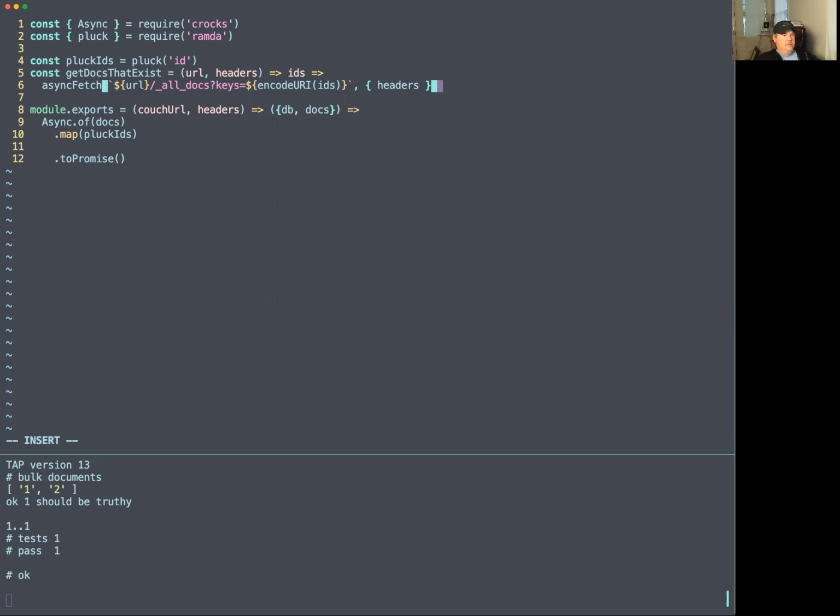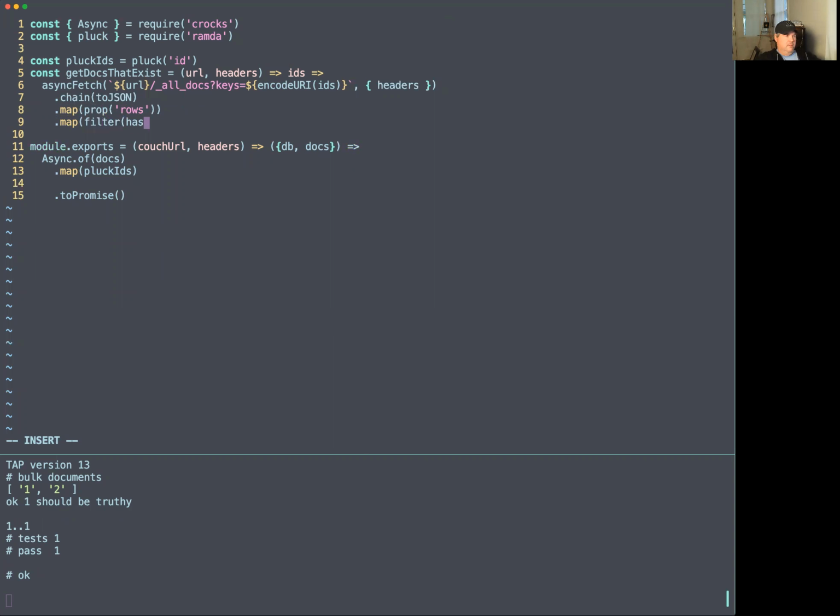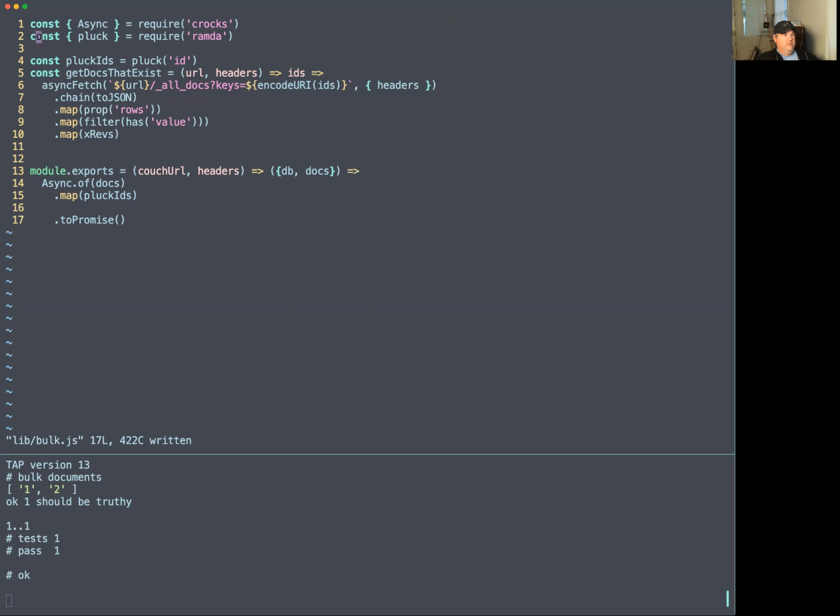So that's our fetch. And then that's going to give us a response, and we need to convert that to JSON. We'll call to JSON. And then we need to grab the rows and then filter the value. So all the docs that have a value node, and then we'll get all the revs, and that's where we do our swap act, right? So that means we need prop, has, filter